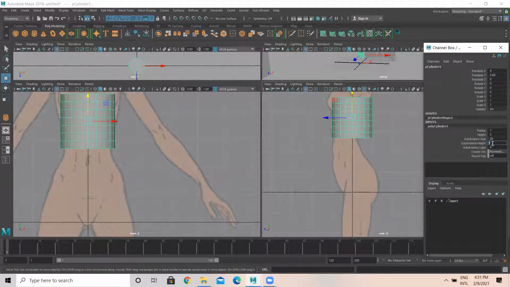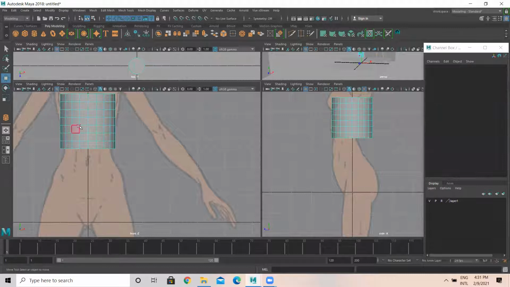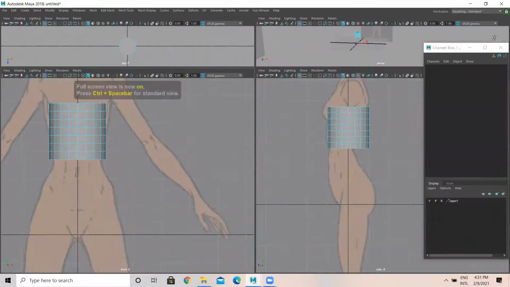Okay, you can add 7. This is fine. Make cap 0, height 7. Then after that, I'll press Control and Space both together to hide all the UI elements.